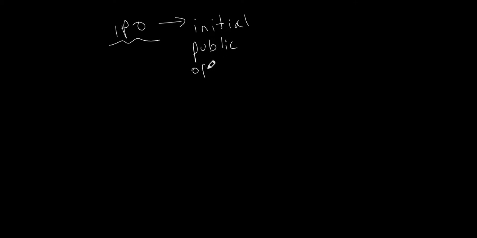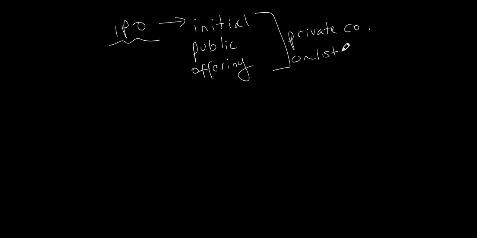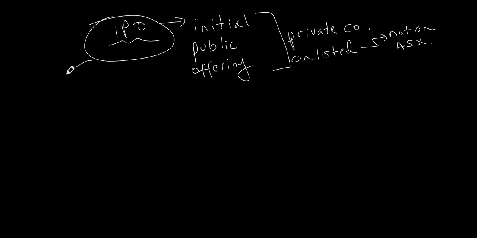Okay, so we're talking about an IPO. And when we talk about an IPO, what happens is we've got a private company. It is unlisted, so it's not on the ASX. And so what is happening in terms of the IPO process is that the private company